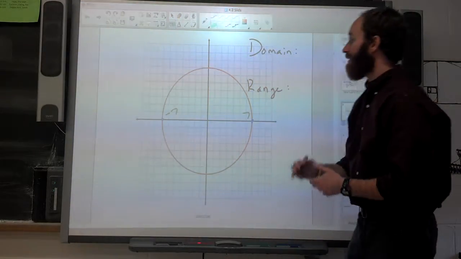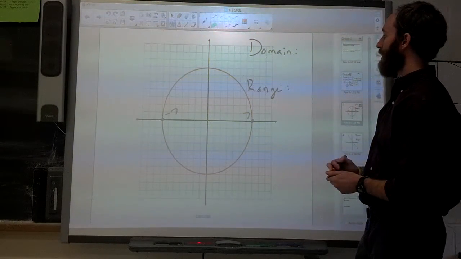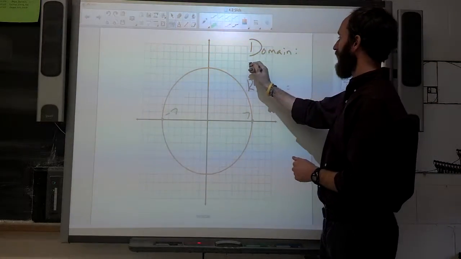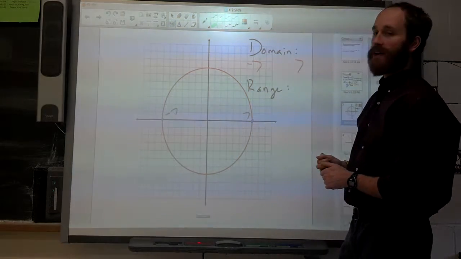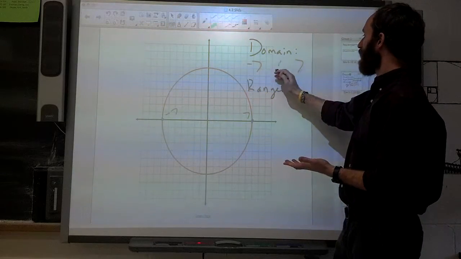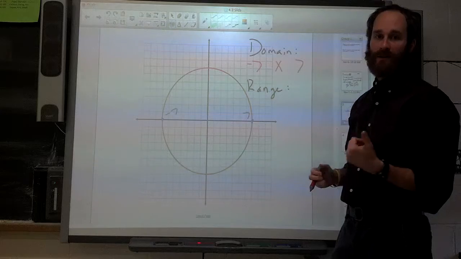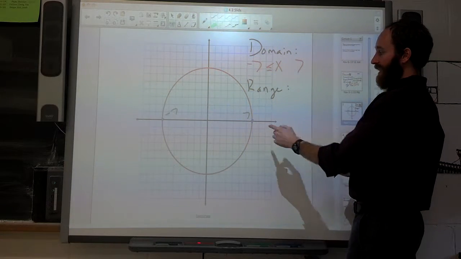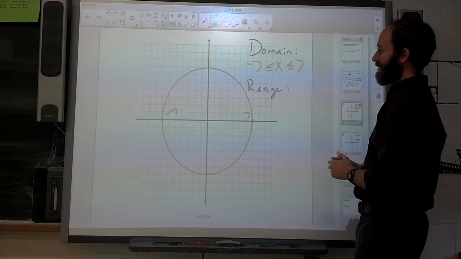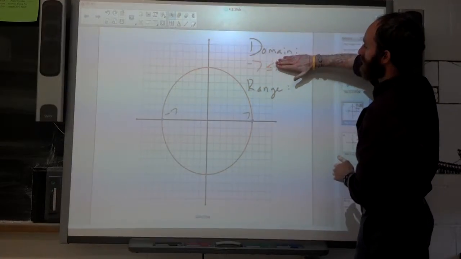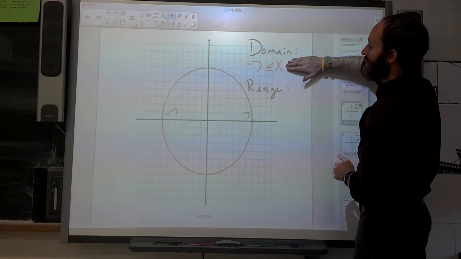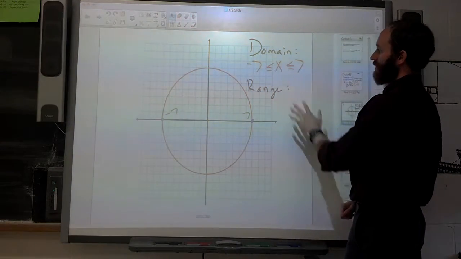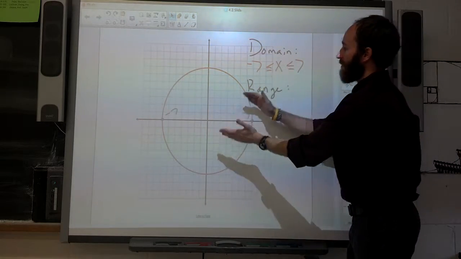So if I were to fill out what my domain is going to be for this circle, you would see that your domain is going to be between negative 7 and 7. All right? So from here, we're going to make sure that we're able to write this as follows. Negative 7, 7. And the x values that we're talking about are going to be, of course, x. So I have to have that inside there, almost like a compound inequality that we just got finished with in our inequalities unit. This x is greater than or equal to negative 7. And this x will then be less than or equal to 7. Look at this in two different ways. Right there, x is greater than or equal to negative 7. Any value over here will be larger than or equal to that negative 7. Same thing going the opposite direction. So this is how we'd write our domain going from the graph to our